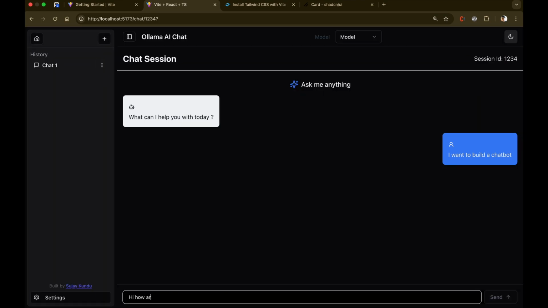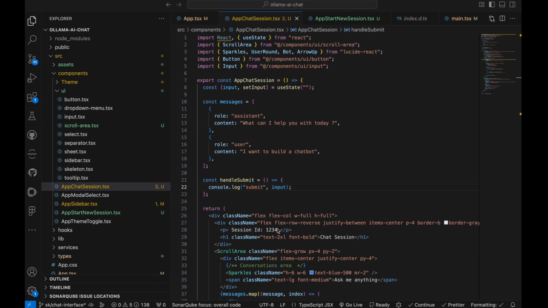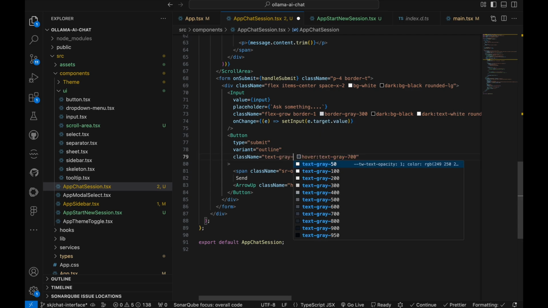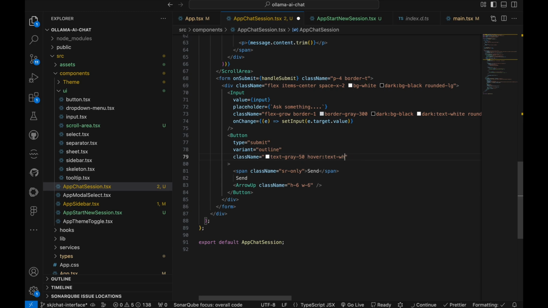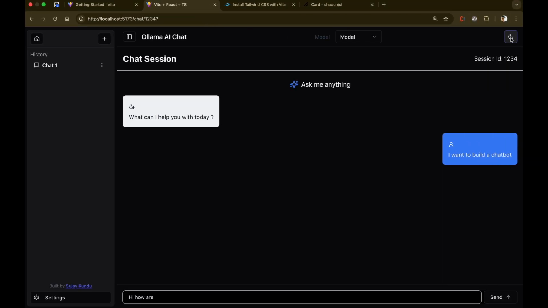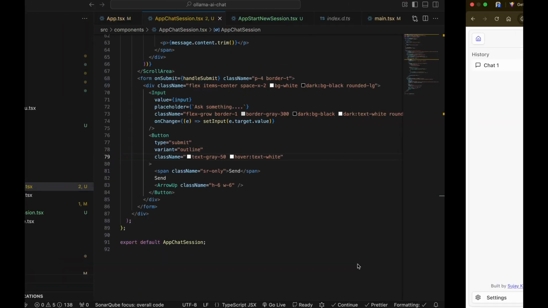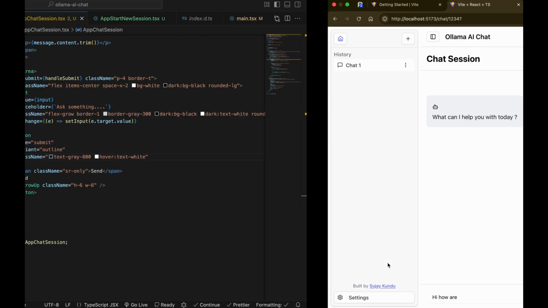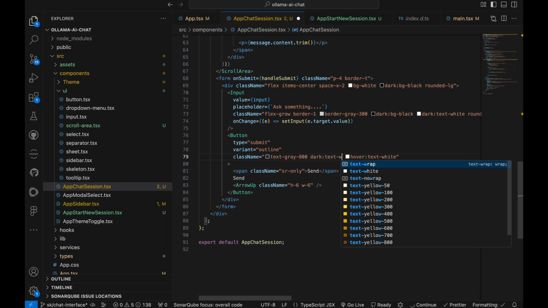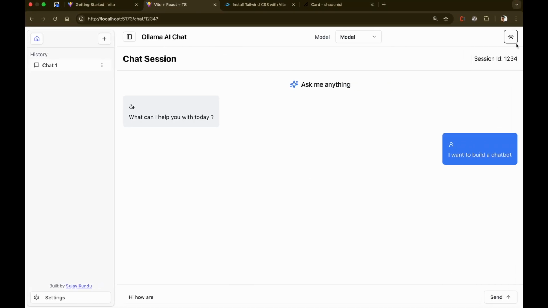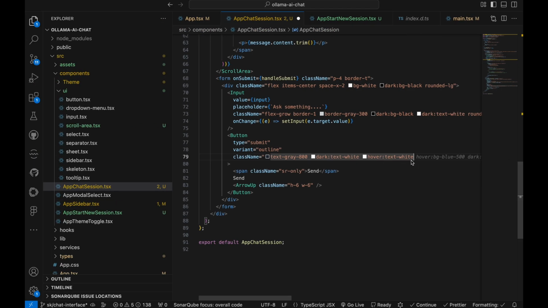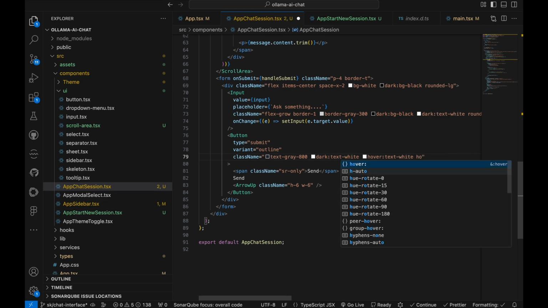We'll change that to dark and try. Something is off with the submit button. Let me fix it. Text is white, and let's maybe find red, gray, text white. Now it looks fine, right? So this all worked out. I messed up with the light state text. So text 800, dark white. Let's see. I think I have to add